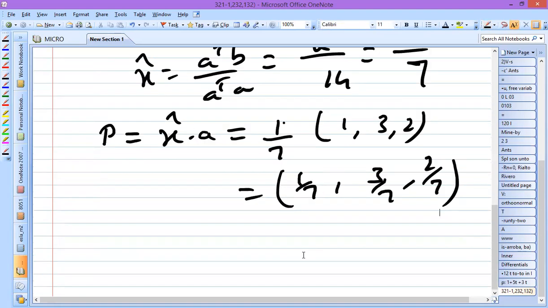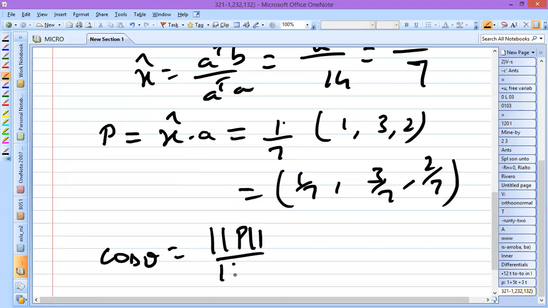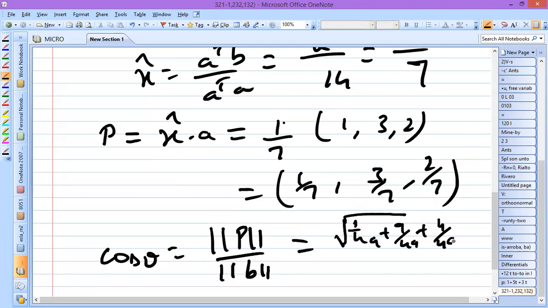You can also calculate the angle between A and B, that is cos theta. It is equal to length of P by length of B. How much is the length of P? Length of P is the square root of 1 by 49 plus 9 by 49 plus 4 by 49, divided by the length of B, which is the square root of